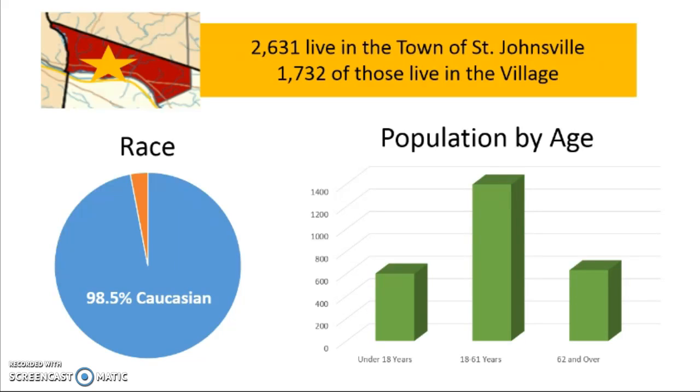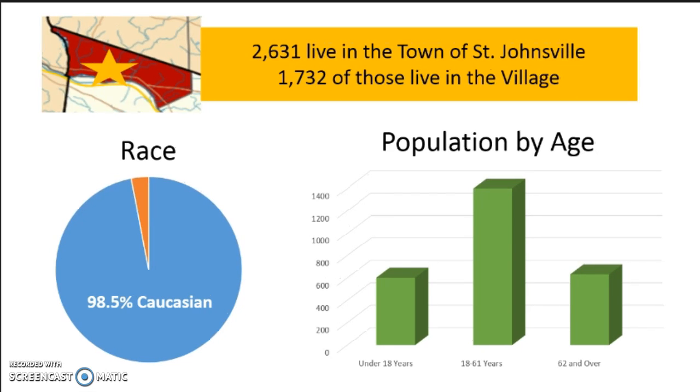The majority of St. Johnsville is Caucasian. Few residents do self-identify as African American, Hispanic, and/or Native American. The median age of St. Johnsville residents is 41.9 years old. However, you'll see that nearly half of the population consists of children under the age of 18, as well as aging adults ages 62 and up. Keep in mind that children and aging adults are two populations that are often at risk for a number of